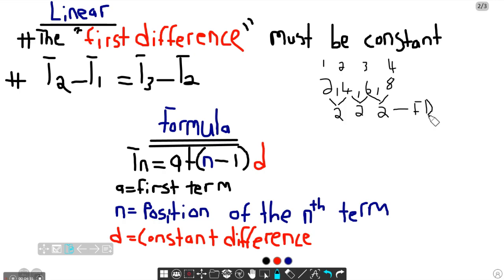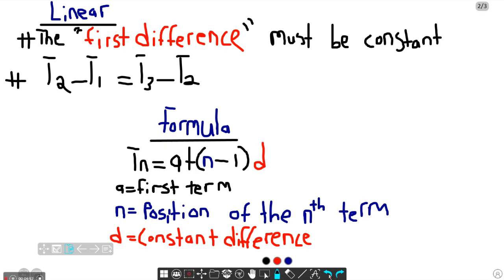So I just know that for linear patterns, my first difference must be constant, right? And you must also apply this. This is also very important because sometimes they might ask you to solve for x, and this comes in very handy. So yes, okay, and then this is the formula again, where Tn is equal to a plus